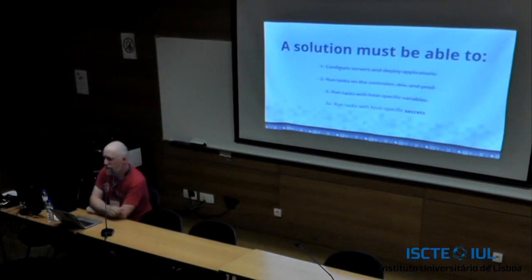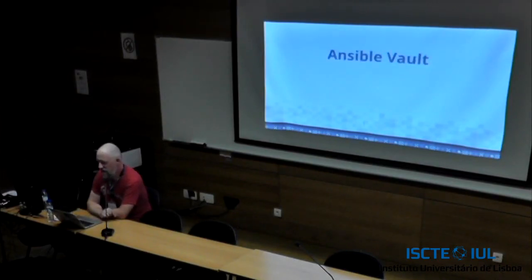And the last part of our basic requirements is that we be able to do the same thing as I just described, but with secrets. Again, maybe database passwords or what have you. There's lots of secrets we have to work with. And this is another one of the tools in the basic Ansible install, called Ansible Vault. This is a tool for encrypting variables and or files in advance, and then for being able to decrypt them when the playbook actually runs, so that the real contents of them are made available to the playbooks.